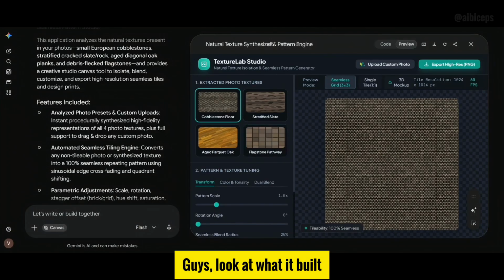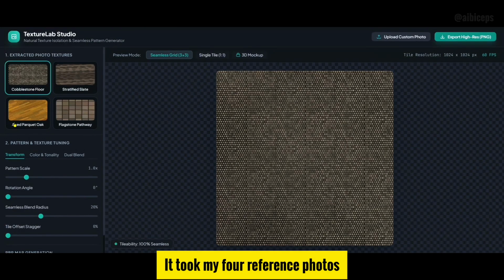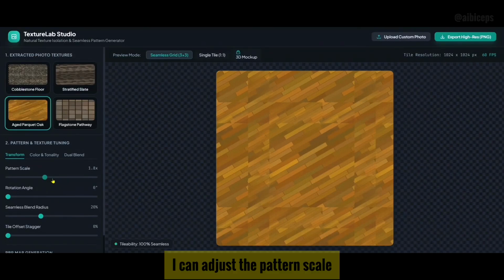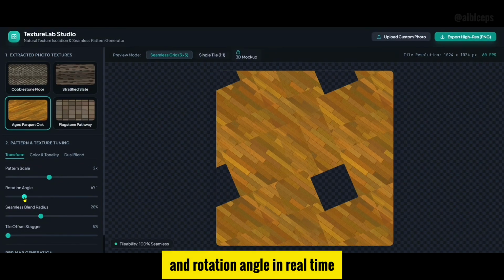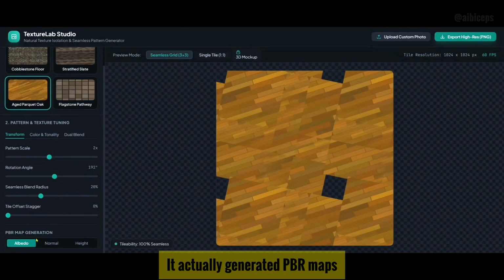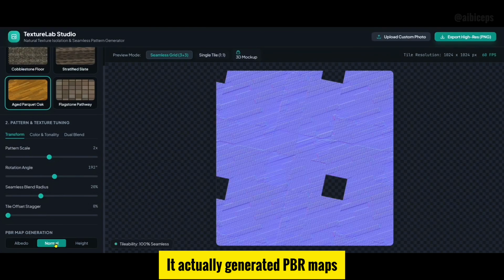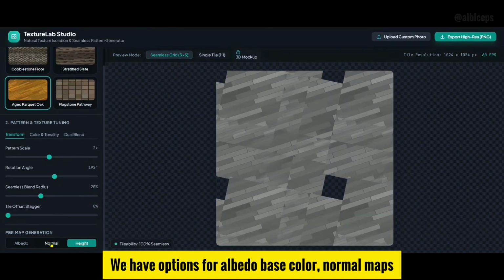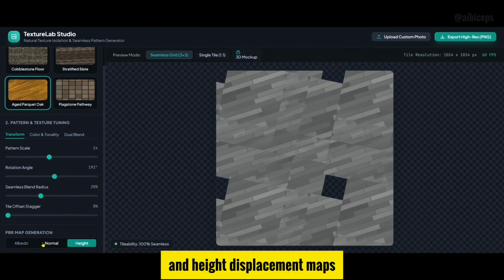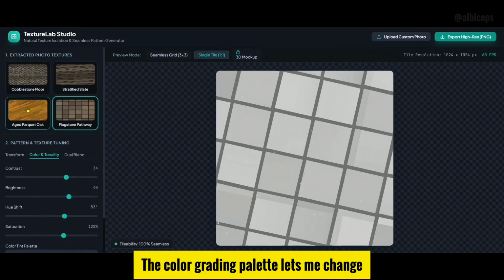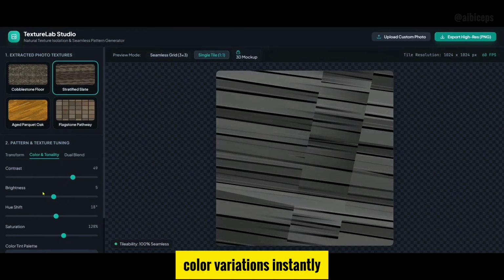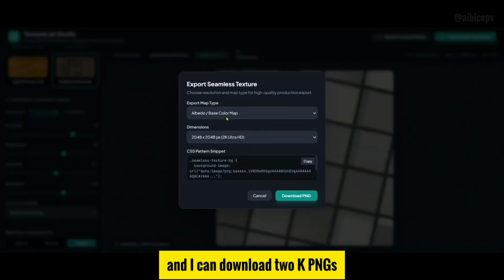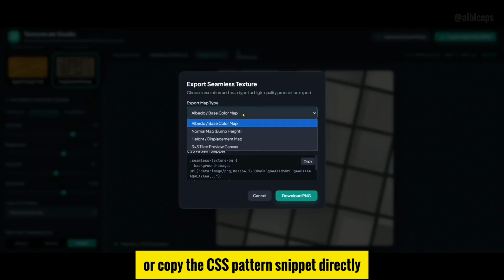Guys, look at what it built. It took my 4 reference photos and created a working editor. Look at these controls. I can adjust the pattern scale and rotation angle in real time. It actually generated PBR maps. We have options for albedo base color, normal maps, and height displacement maps. The color grading palette lets me change color variations instantly, and I can download 2K PNGs or copy the CSS